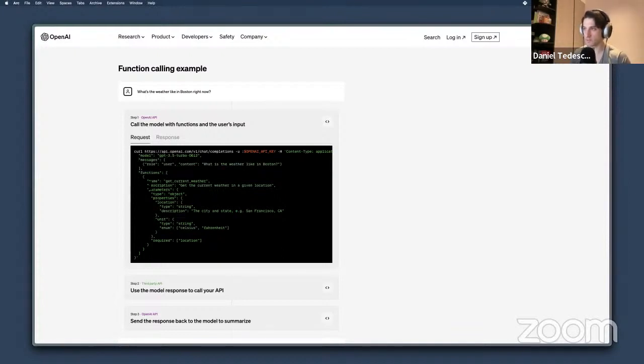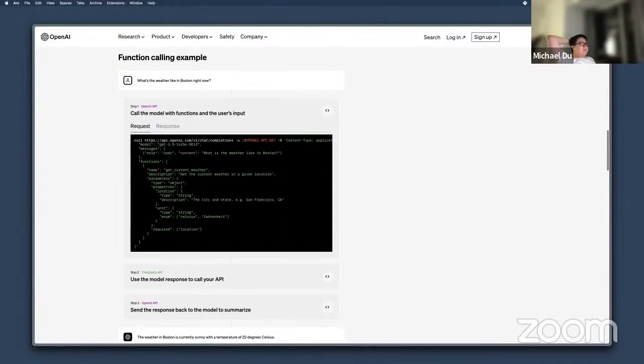And so for each function, you get a name, a description, parameters. And I guess we can look more.